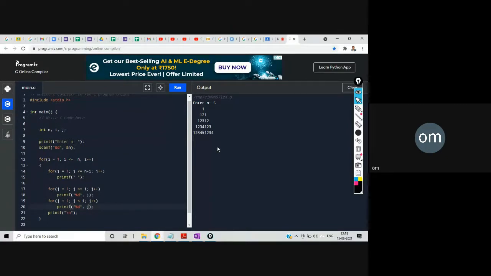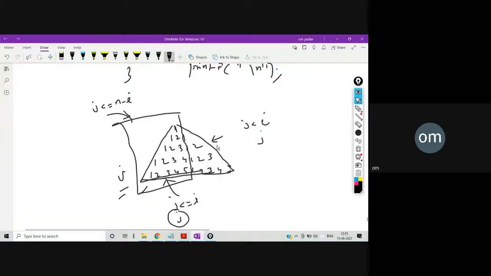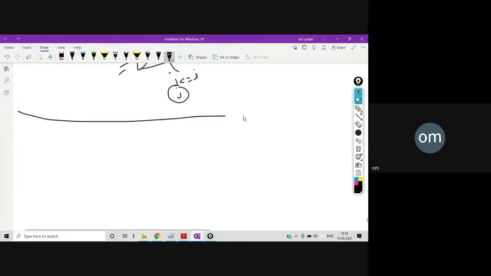Okay, so after this, let's print in this way. So this is 1 2 3.